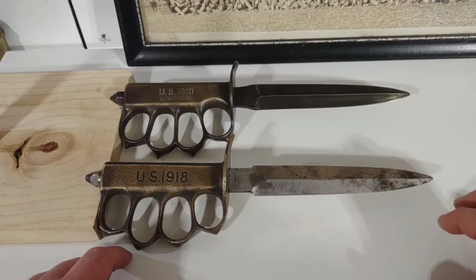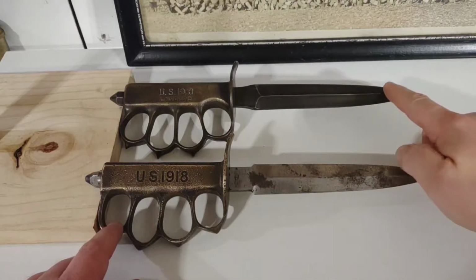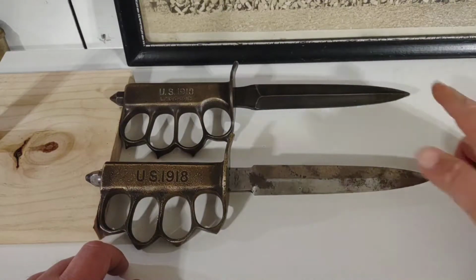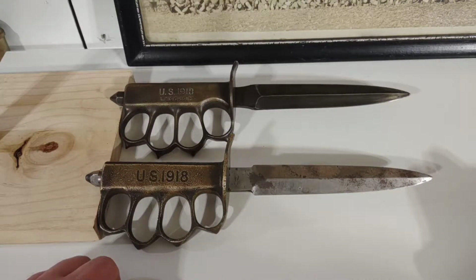I'm not going to go into full detail about the knife and the history because I've already done that with this LF&C one that I already owned. I did a full video on that, so go back and look through that if you want to know a little bit more of the history and information on how the knife came about. But just kind of quickly,